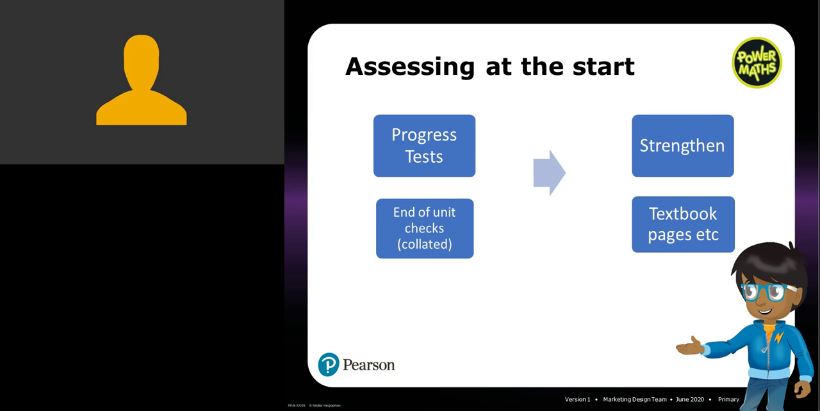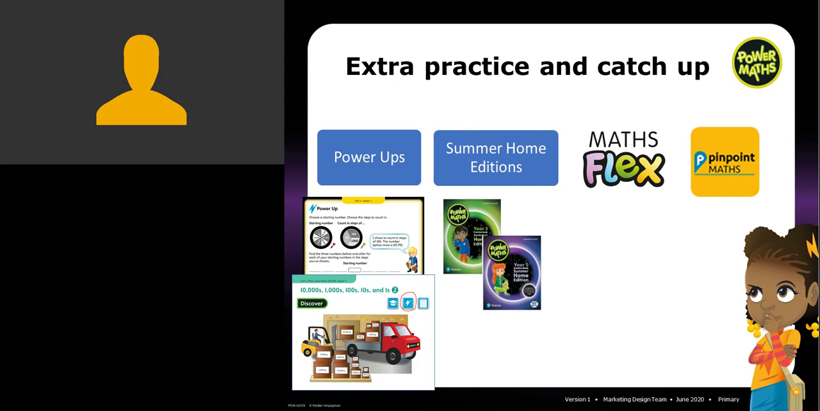The right-hand side of the slide is the same as the last one. So again, once you've done that assessment, you can find strength and activities from the units that you're identifying, and you can use the textbook pages as well. So that is how you can assess ongoingly and how you can assess at the beginning of the year using